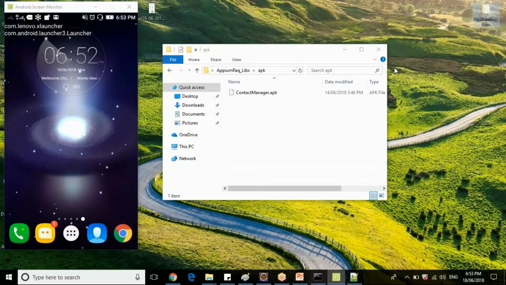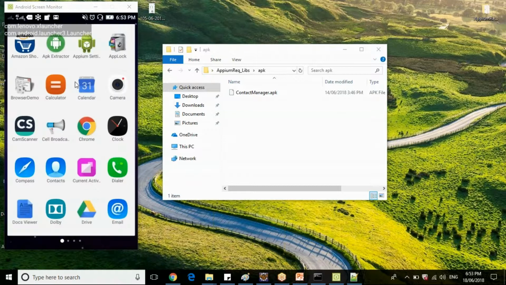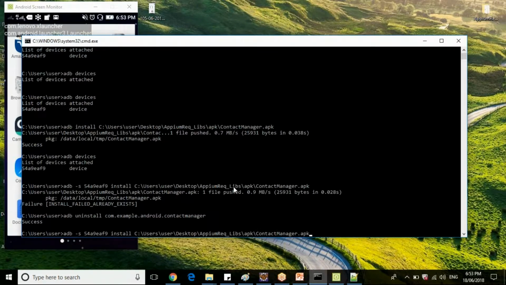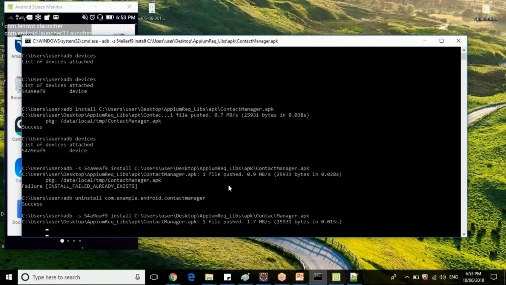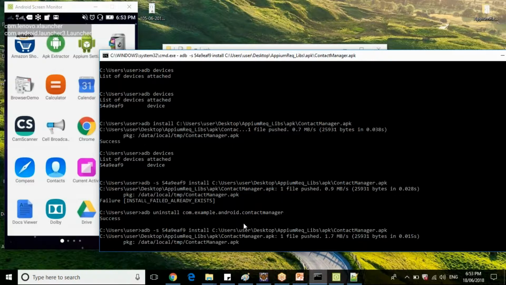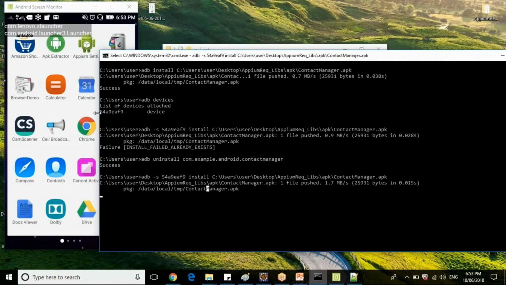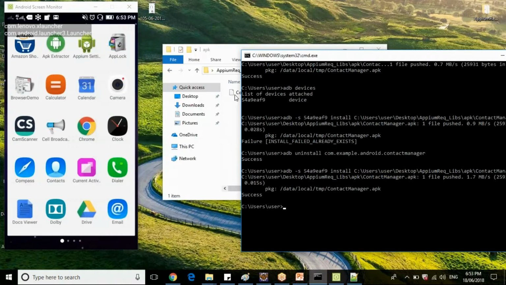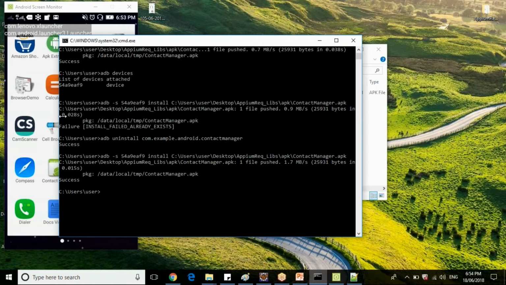What is an activity name? The above one is the package name, and the below one is the activity name, right? We have discussed what an activity name is.